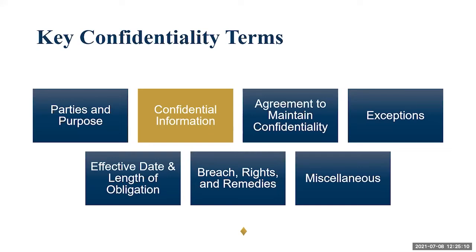Even personal information we have drafted into certain confidentiality agreements, whether it's, let's say, in a closely held company or in a family business, someone comes to know or is going to have access to personal information about family members, or in the context of an employer-employee relationship, that may be written in as well as part of the confidential information to be protected. So when you look at the breadth that you can see of confidential information, taking it all the way from highly technical IP all the way to personal information, let's say in a closely held company,